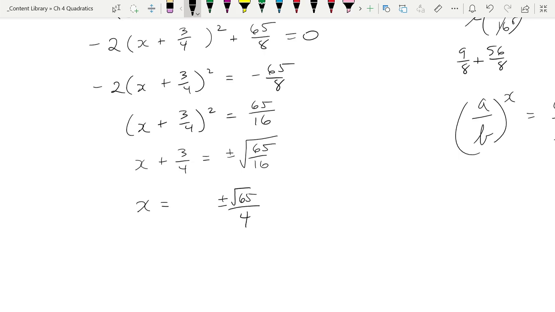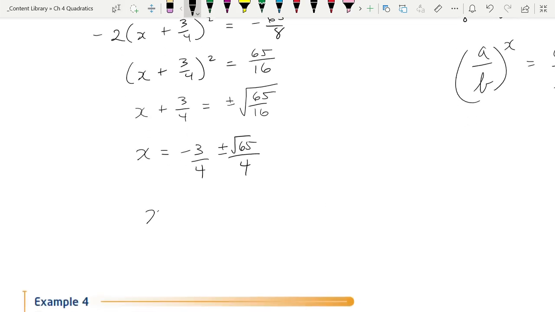And then this 3/4 is getting minused from the other side. And isn't this nice? Actually, if you do this right, this always happens. I have a common denominator. And there is my exact answer. Or my exact answers, right? That is two numbers. -3 plus root 65 and then divided by 4, or -3 minus root 65 and divided